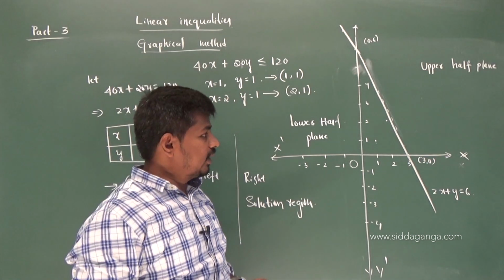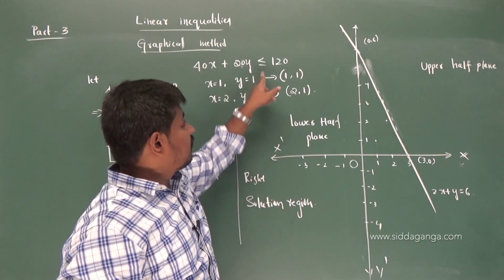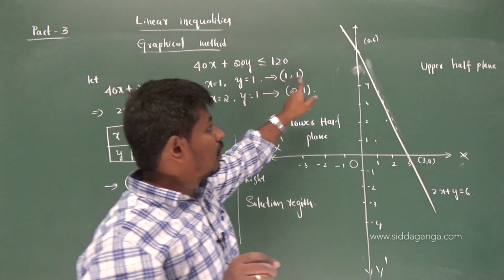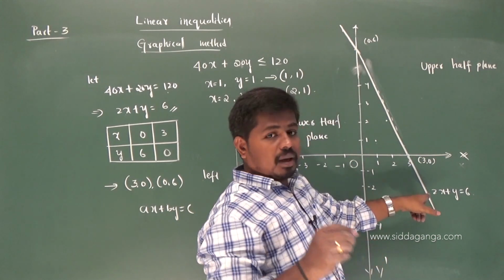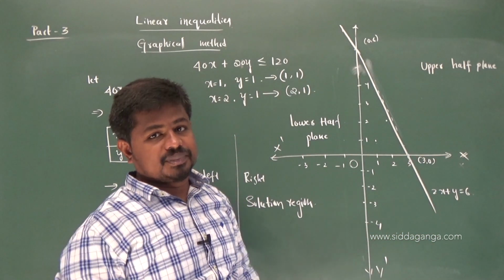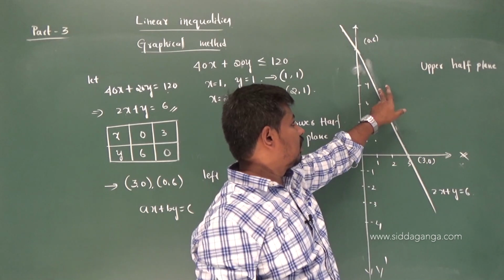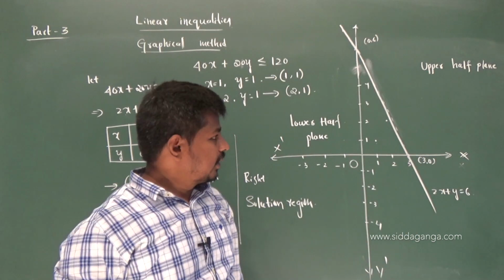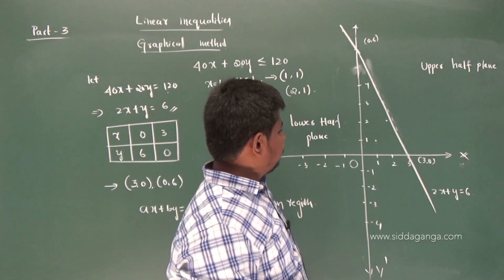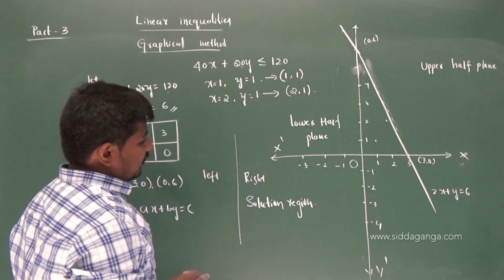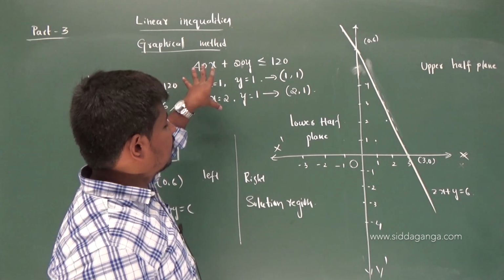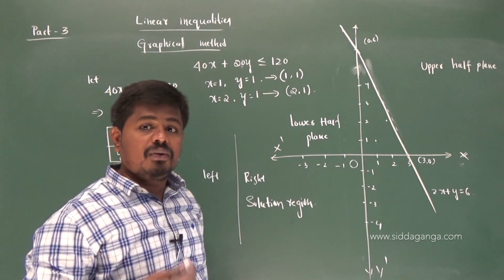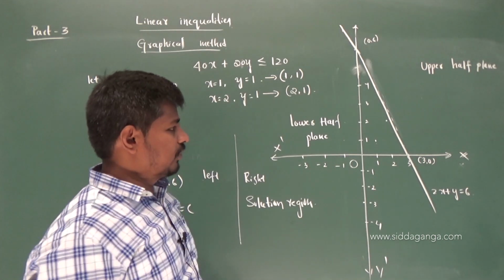Okay? And whenever the given inequality is a slack inequality, then the points on the line also belong to the solution region, so we draw a shaded line, a dark line. Now, as I said before, it is not possible to find the solution region by inspection, by taking values of x and y. Then how to find it? Very simple, students.